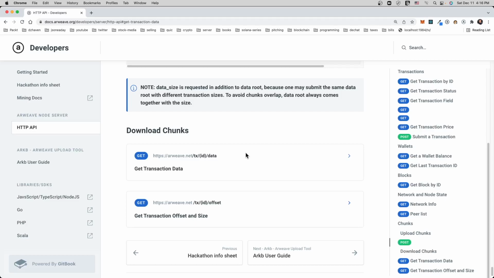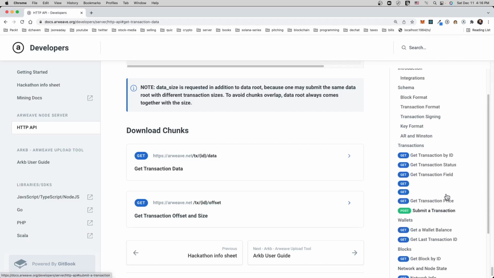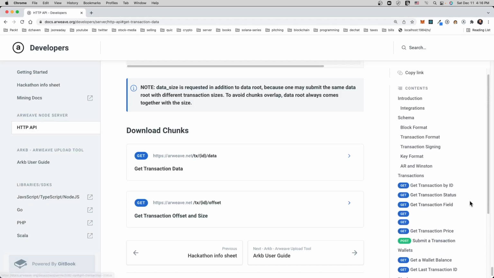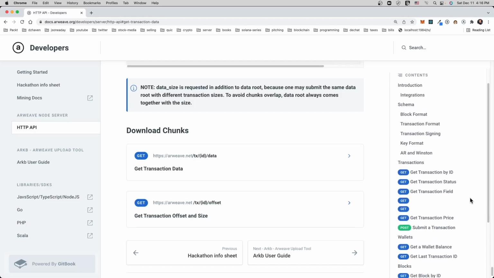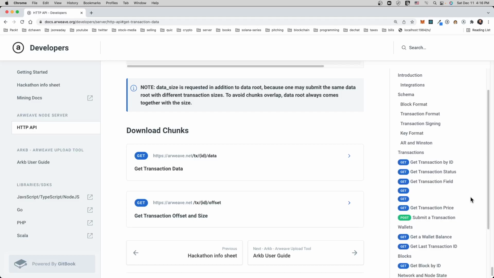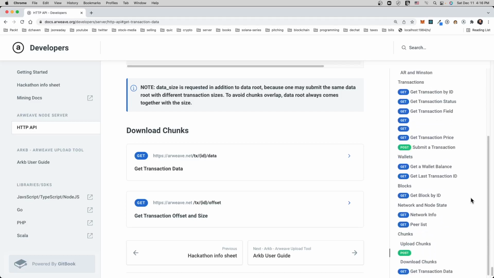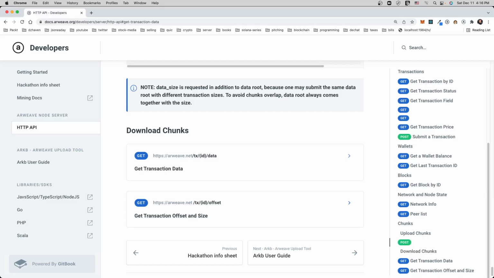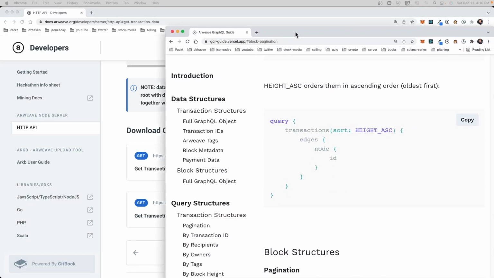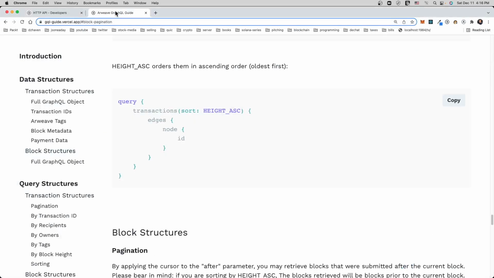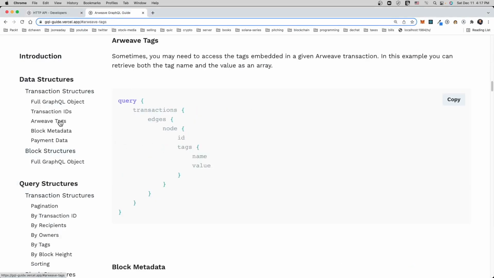But in the case of your application, you're going to have very specific fields that you're going to want to query off of, right? You're going to have very specific data types and schema of your data that you're going to want to query off of. So the way that you handle that is you do it based on tags. So I'm just showing you the GQL API site because it makes it a little bit easier when you see the schema structure to understand what's going on.